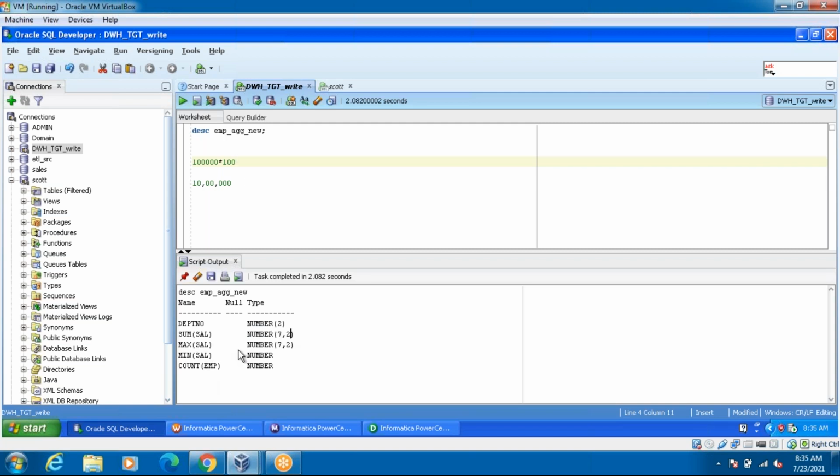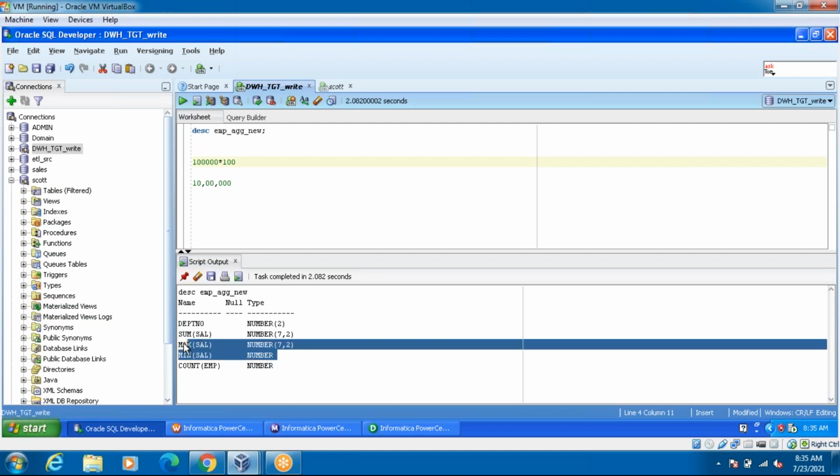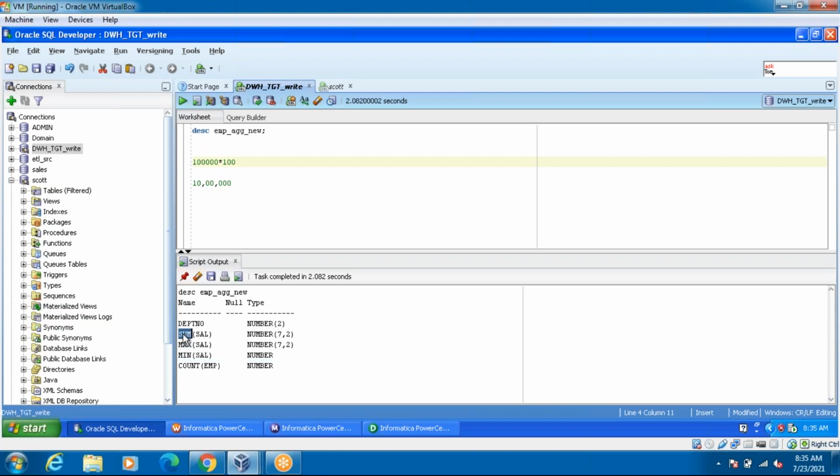Okay, max min, this is fine. Only one record we are taking; we are checking the maximum record and minimum record. That is fine at least. But whenever you do the summation, it has to give a bigger number compared to the source side. The source will be 7, and if here they also give 7, that is wrong, incorrect.